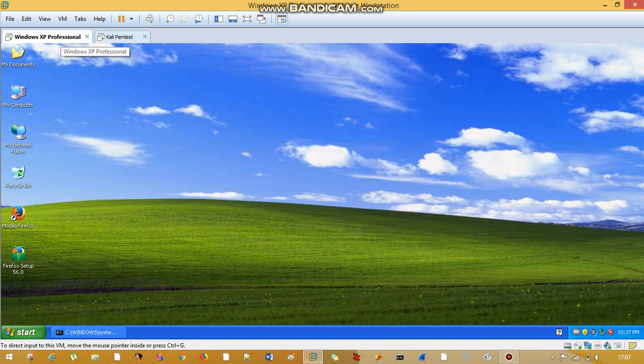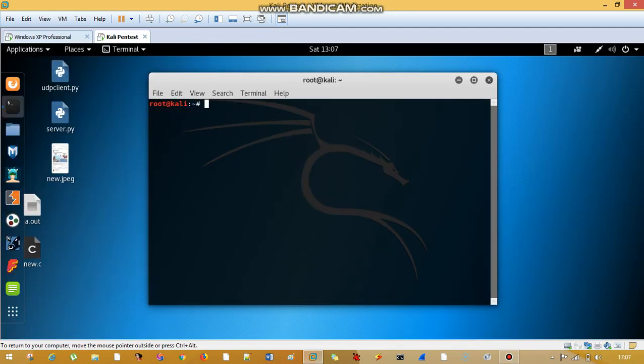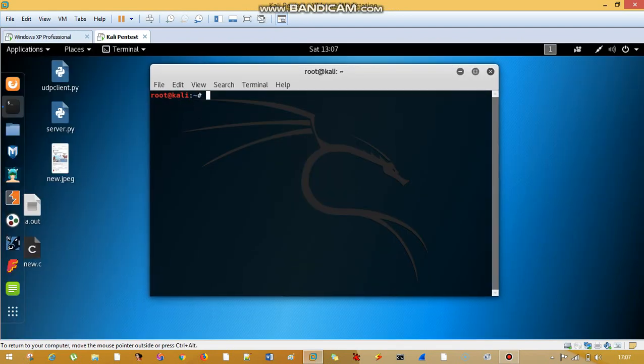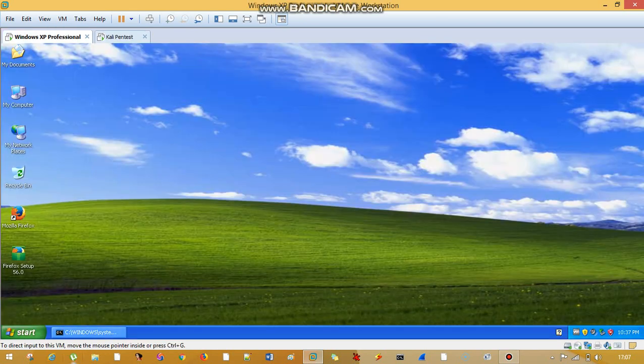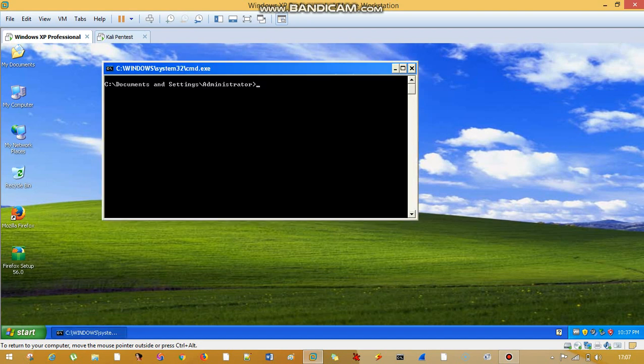I have two virtual machines on my system, Windows XP and Kali Pentest, or you can say Kali Debian distro. To make this attack successful, I need to communicate these two machines with each other. So if I do ifconfig, it will give me an IP of 192.168.202.130, and in my XP machine I have an IP of